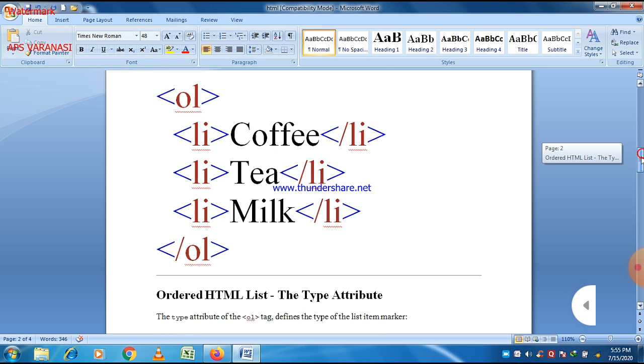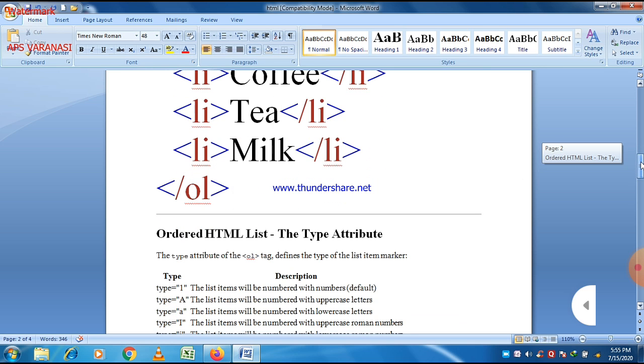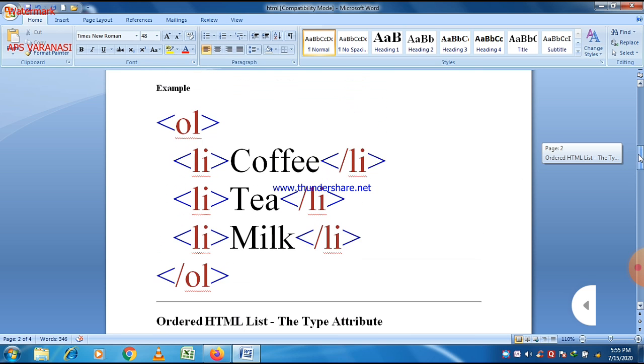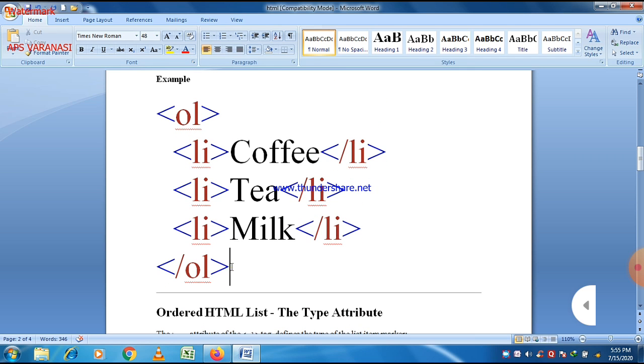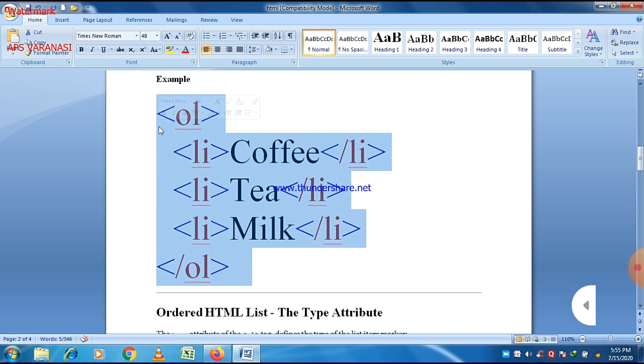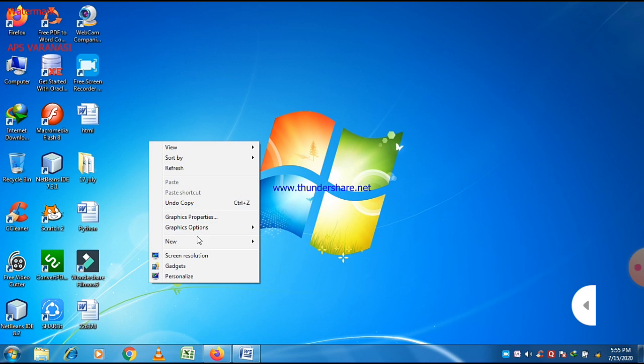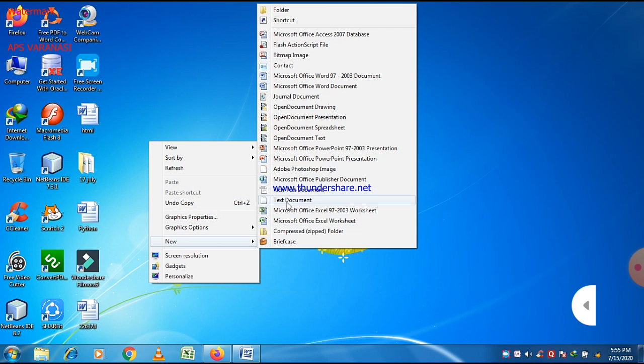There are different types of marking in ordered list. You can mark items using numbers, using alphabets in small or capital letters, etc. But first of all, let us execute this program.